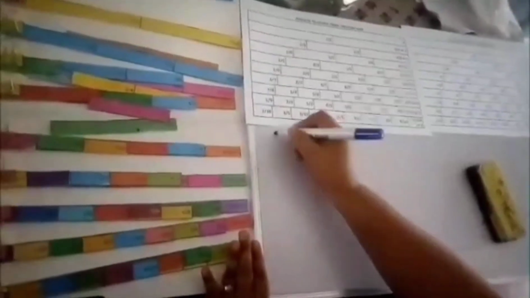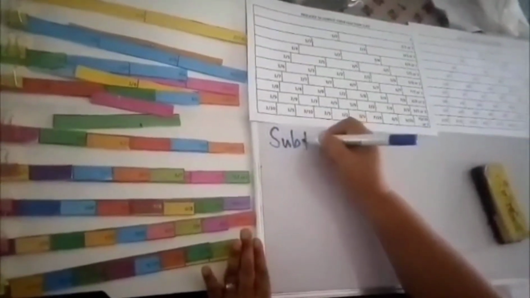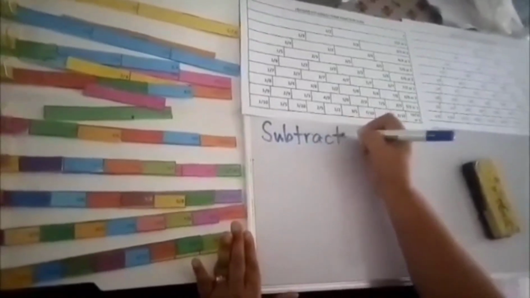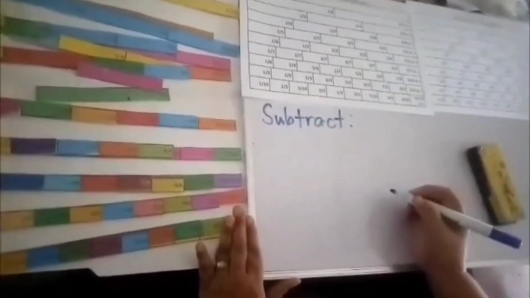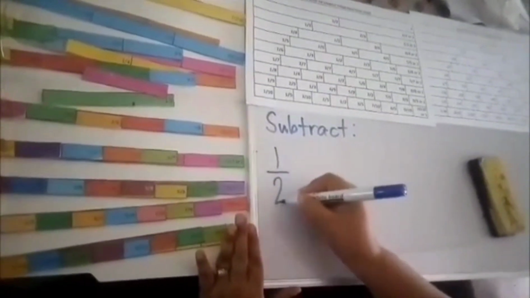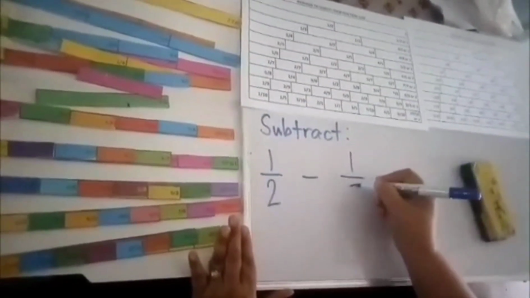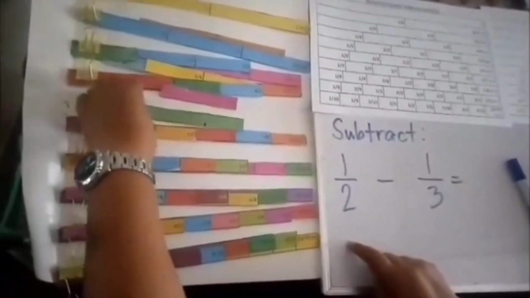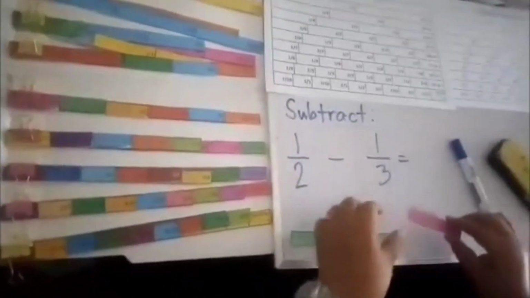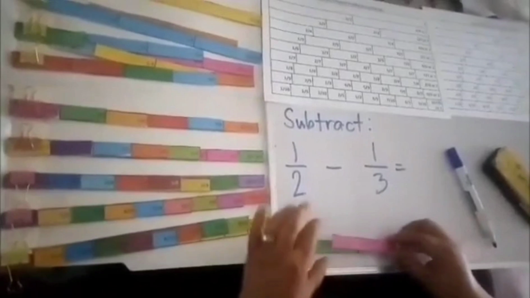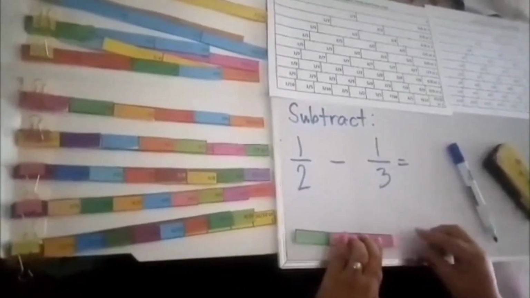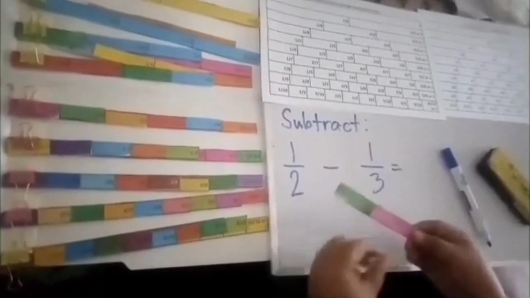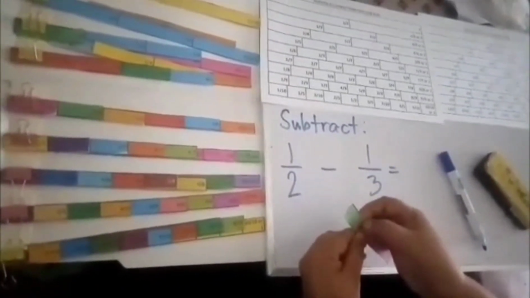It's so easy. Now we are going to subtract fractions in a simpler way using the slides. Example, 1/2 minus 1/3. What will be the answer? So we are going to get 1/2. Then 1/3. Since it is subtraction, we will put it this way. Okay. So, the remaining part, we are going to scale the remaining part.